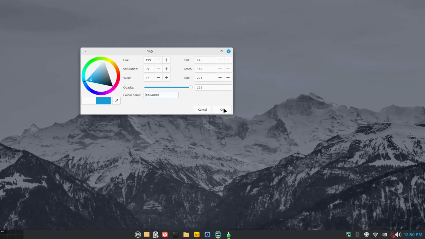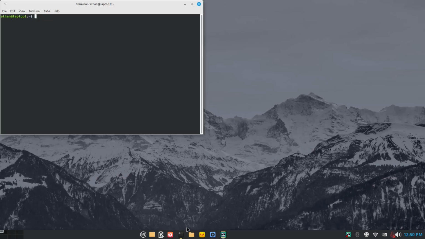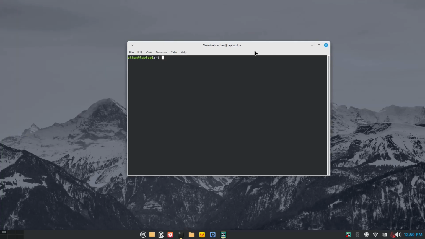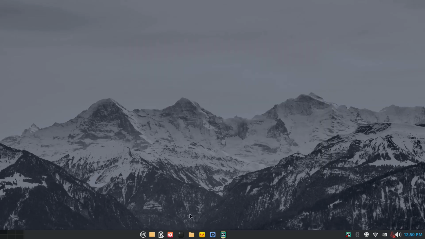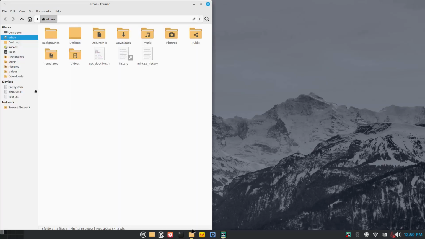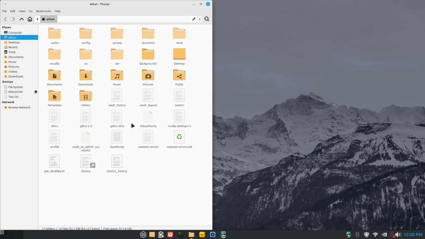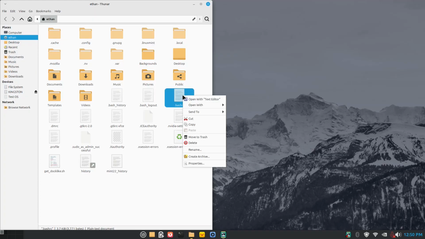Close. OK. And one final customization that I like to do is the terminal. So when you launch the terminal, it shows nothing. So I want it to run something. For example, I'll go to the file manager, view the hidden files, which is here, and we're gonna edit the .bashrc. So we'll open it with the text editor,